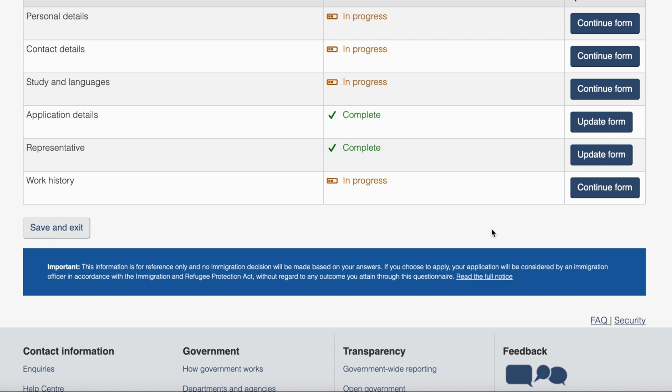Once you do that, your file will be submitted and your application will be in the pool of applications for the Express Entry program. So this is how it works. This was the entire process of submitting your application. Once your application is submitted, within 24 hours you will get an email from CIC with an AOR, which is an acknowledgement of receipt.